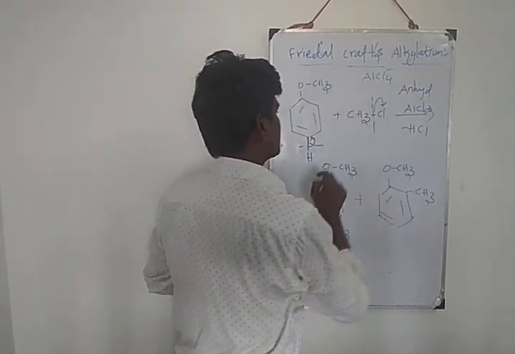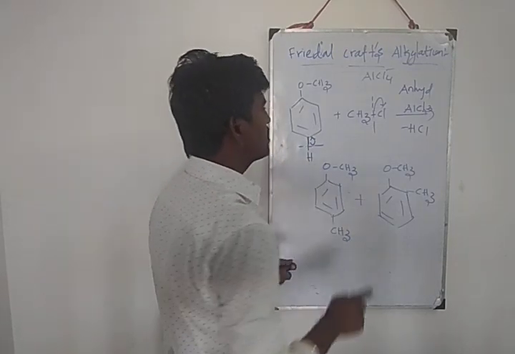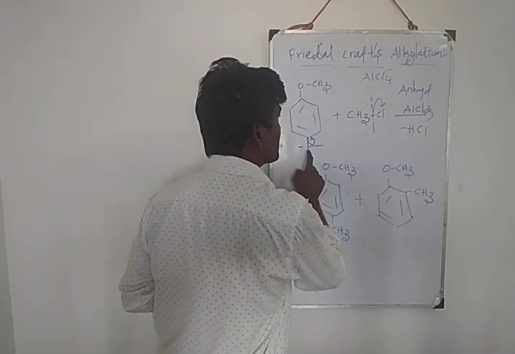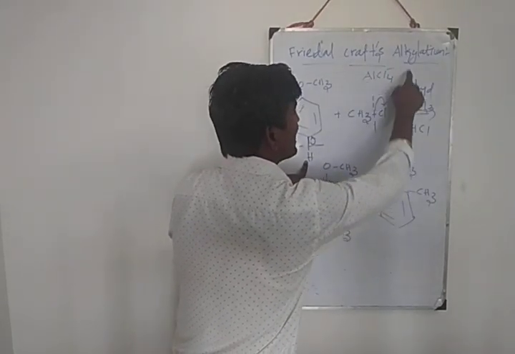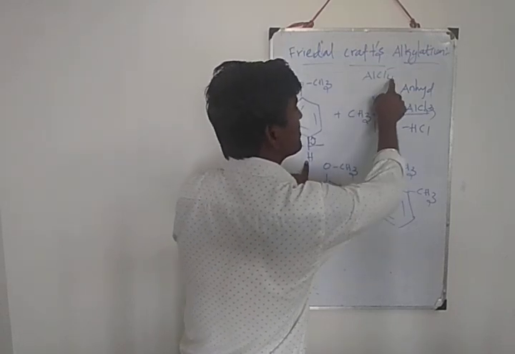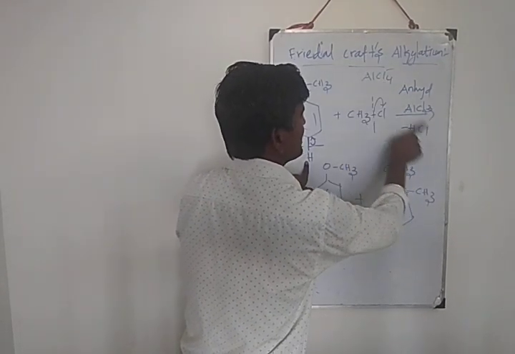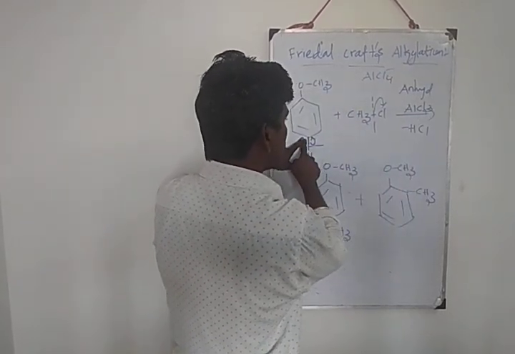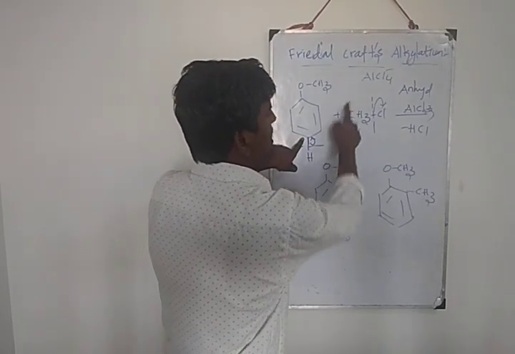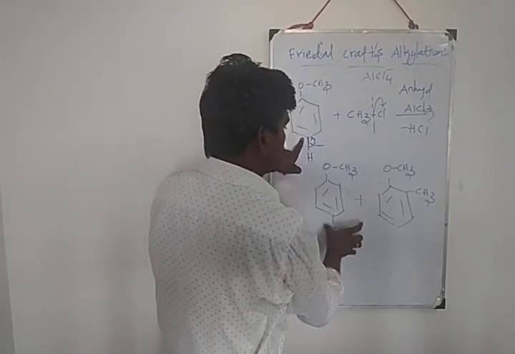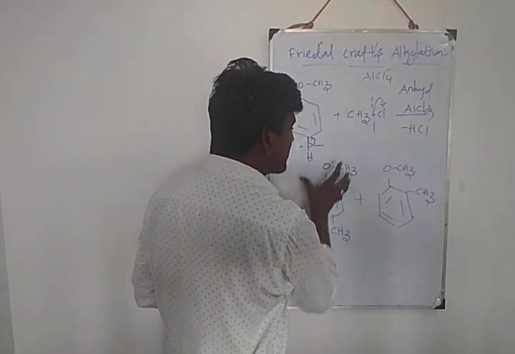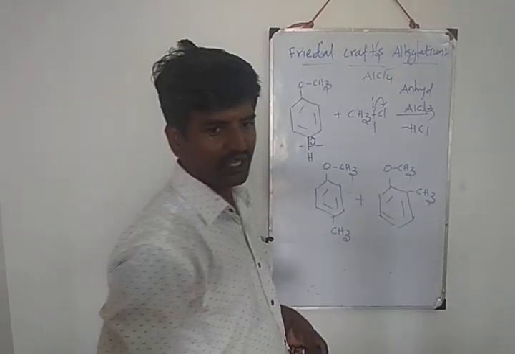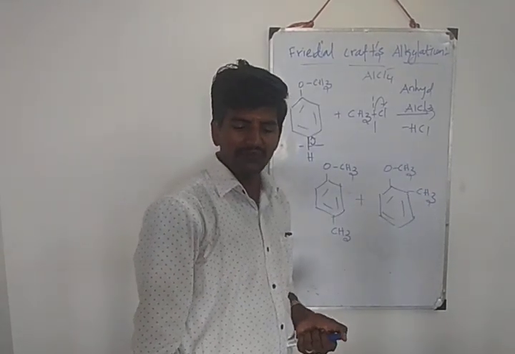Remaining is CH3 plus. Next, compare carbon and hydrogen. Which one is more electronegative? Carbon. So carbon takes one pair of electrons. Here the bond breaks, giving H plus. This H plus combines with AlCl4 minus, with one Cl minus, giving HCl. Again it becomes AlCl3. Now what's the charge of this carbon? C minus. The alkyl group charge is plus. So by bond formation you can get the para product. The same chemical reaction takes place in the ortho position also, so you can get a mixture of products. Okay, so next our topic, Friedel-Crafts acylation.